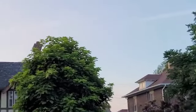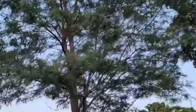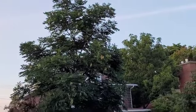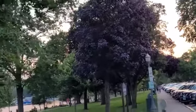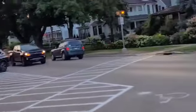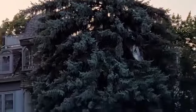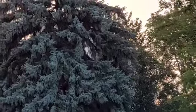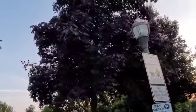And before me you see that is Catalpa speciosa. This particular tree is Gleditsia triacanthos variety inermis, honey locust tree, and that is the female Gymnocladus dioicus, Kentucky coffee tree. And there are many other trees. Again, the purplish maple, purple maple is also there. And across you see the shrubbery. You have the Hydrangea paniculata. Again, you have the phlox. Even you have this Picea, Colorado spruce, Picea pungens. This is basically a library park, city of Lake Geneva, and this is a closer look of purplish maple